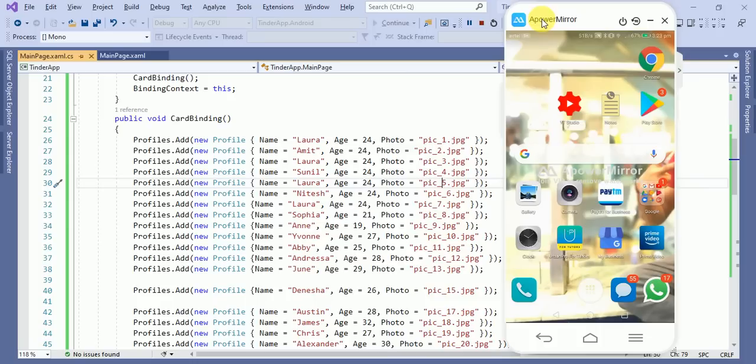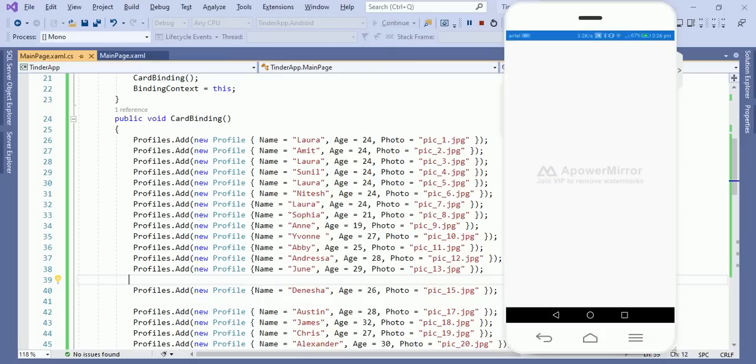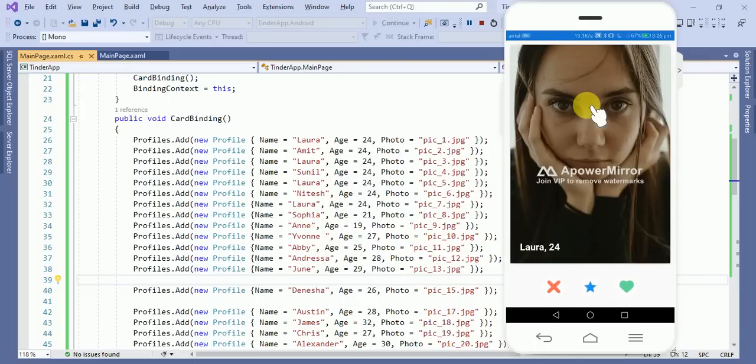Okay, the application is going to connect with our mobile. It starts debugging the Android application. So here we are getting the result as expected.